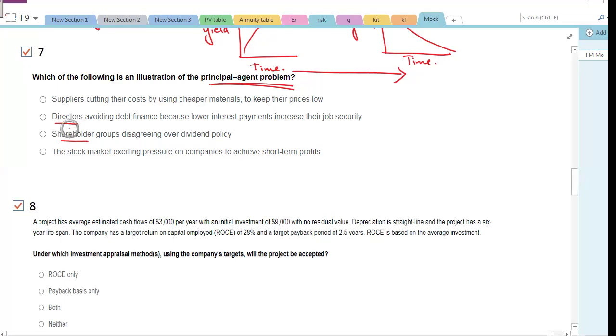So let's see the first one. Directors avoiding debt finance because lower interest payment increase their job security. Yes, that's the agency problem, right? So we don't even have to read the next one. Well, just for your understanding,